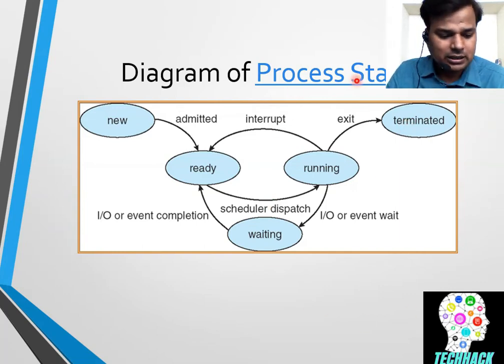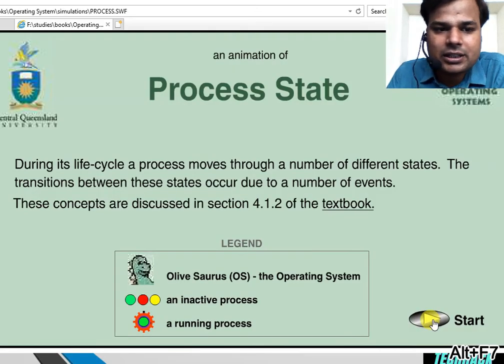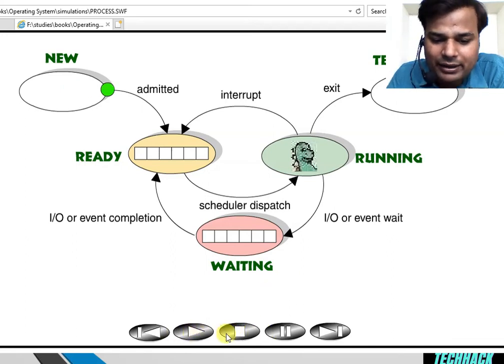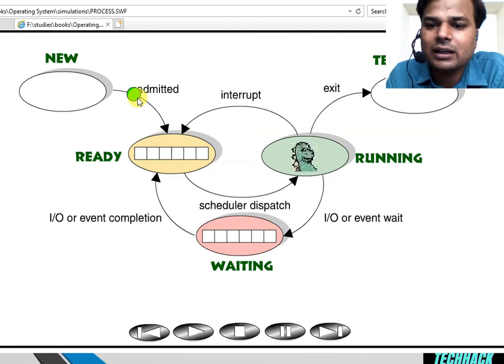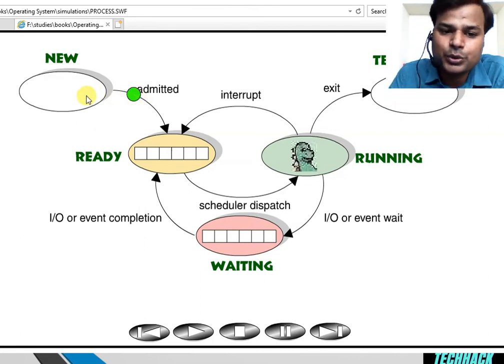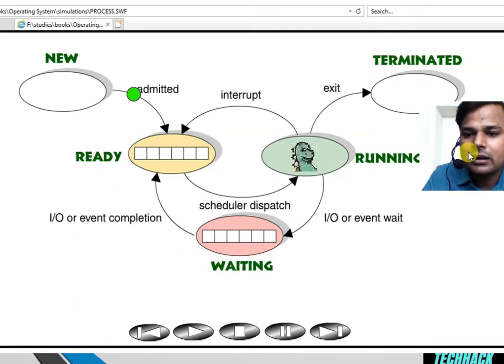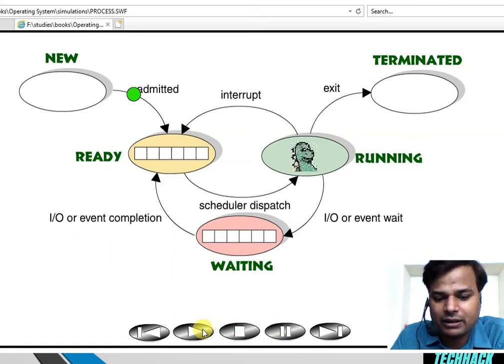For this, just give me a minute. So guys, this is the representation of the scenario I am talking about. You check it out. Now I am having these processes. The green dot is a process which is in the new state. I have marked the states over there: new state, ready state, waiting state, running state, and this is the terminated state. So guys, whenever a process comes, it will work like this.